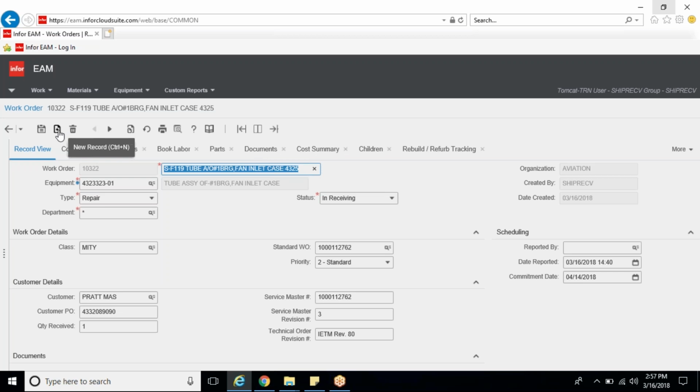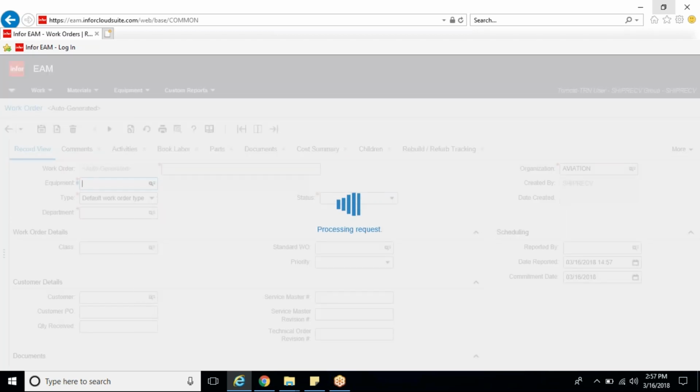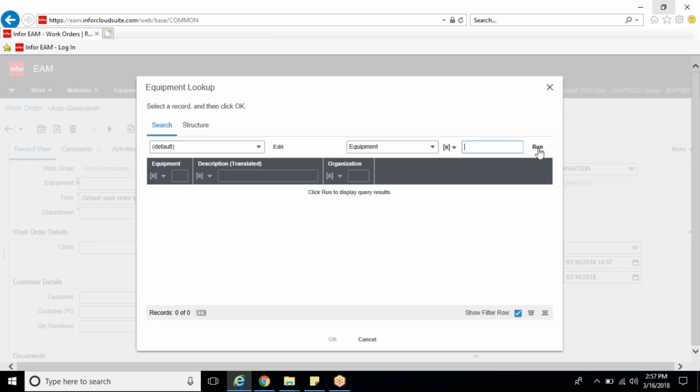To create a new work order, I'm simply going to click on the new record button. The first thing I do when creating a new work order is select the piece of equipment, which is going to be the part number listed on the purchase order. I can do this in one of two ways. I can click inside the equipment text box and then simply type in the part number on the PO, or I can click on the magnifying glass, click on the Run button,